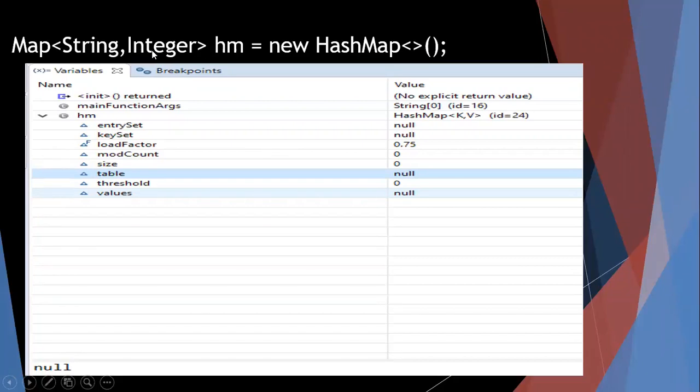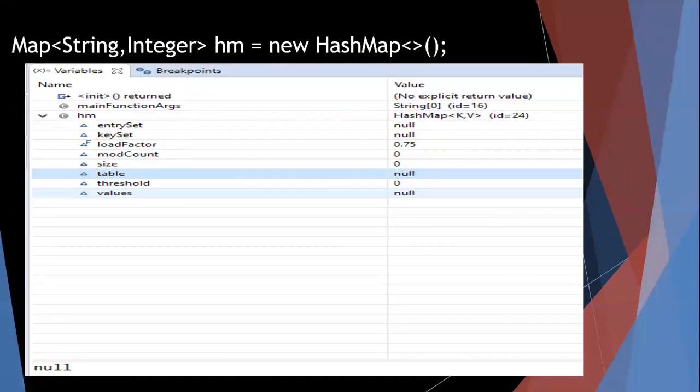It will take a pair, key and value. Key is of type String and value is of type Integer, and then we'll create the object of the HashMap. Here Map is an interface, whereas HashMap is a class which implements the interface. So we need to understand the internal working.